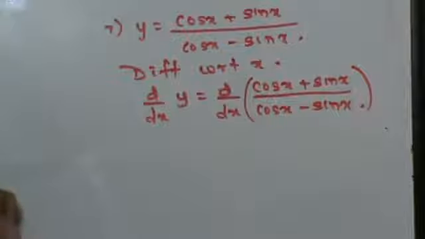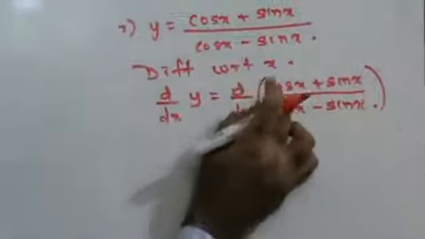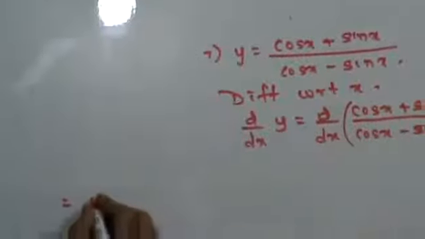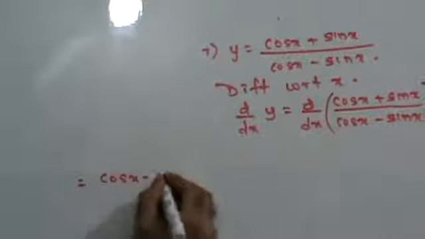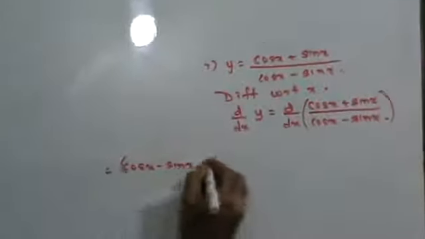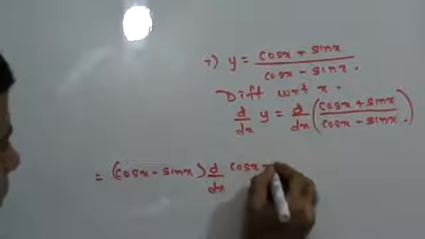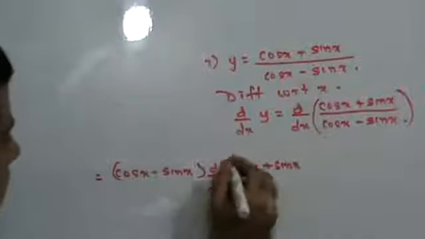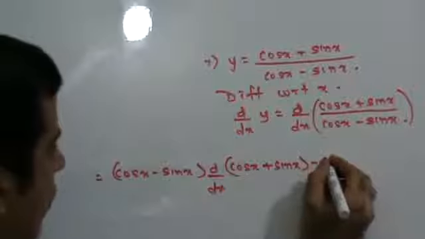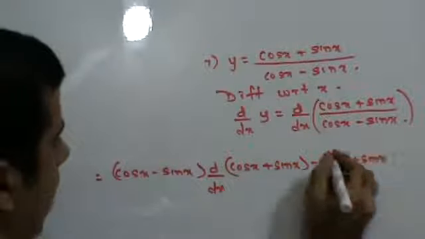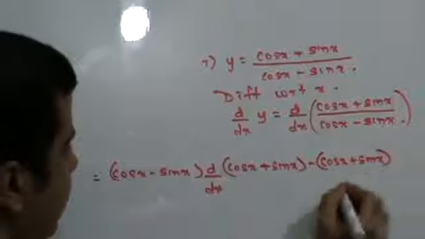Now this can be written as, this is u upon v, so this is going to be v derivative of u minus u derivative of v